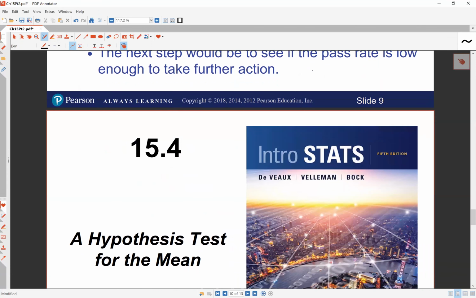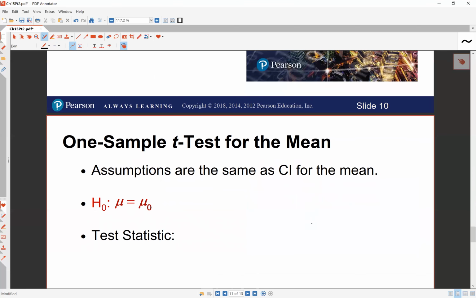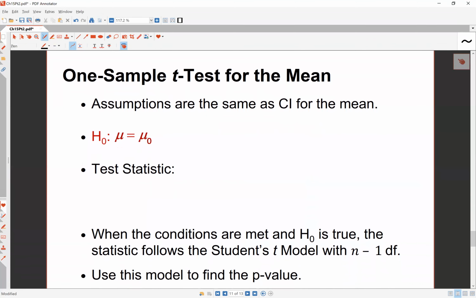Now, we just worked through an example looking at a proportion, and I did mention last week there are just two types of hypothesis tests that we will be concerned with here. Tests dealing with proportions and tests dealing with means. So we're going to walk through one more example here of a test dealing with a mean, but one in which we have to take a little bit of extra care. So the one sample t-test